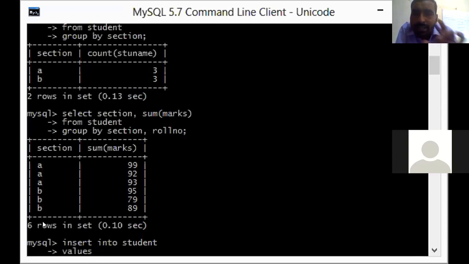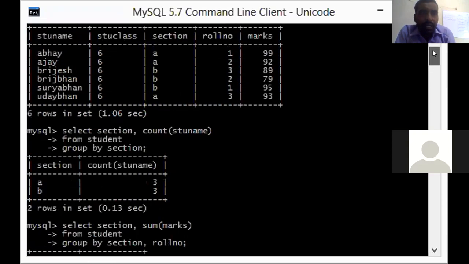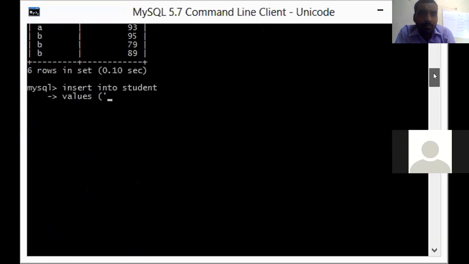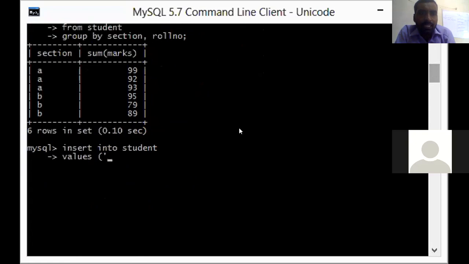So far we had only one class, class 6. Now I'm going to add more classes, that is 7 and 8 also. Then we will have two more matching values. Let us write in values, then the name. Let us see what fields we have: stu name, stu class, section, roll number, and marks.